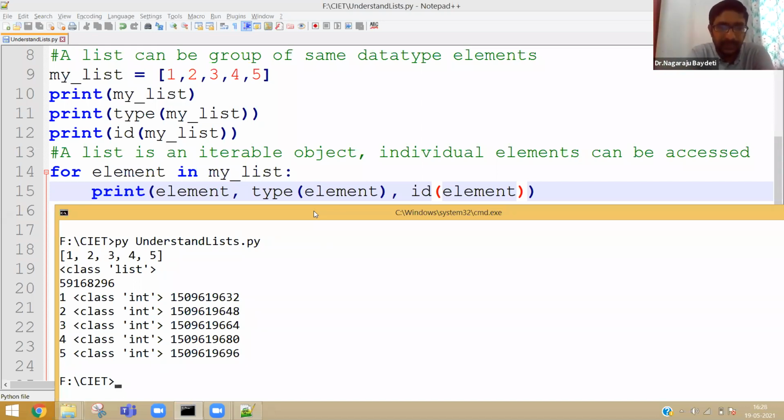Are you able to understand what I'm saying? So not only is the list a group of 5 integers, those 5 integers, 1, 2, 3, 4, 5, are anyways interned integer objects. Because you used 1, 2, 3, 4, 5 and Python interns them, basically it caches them. Beautifully, it has organized this list in such a manner that every element is taken from the interned object rather than even creating a new object 1, 2, 3, 4, 5 inside the list.